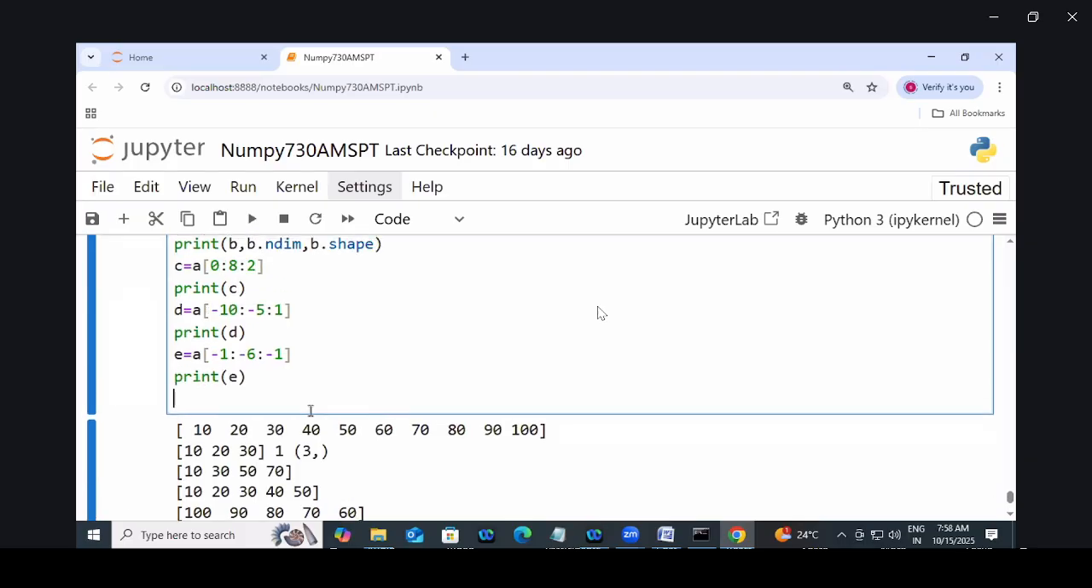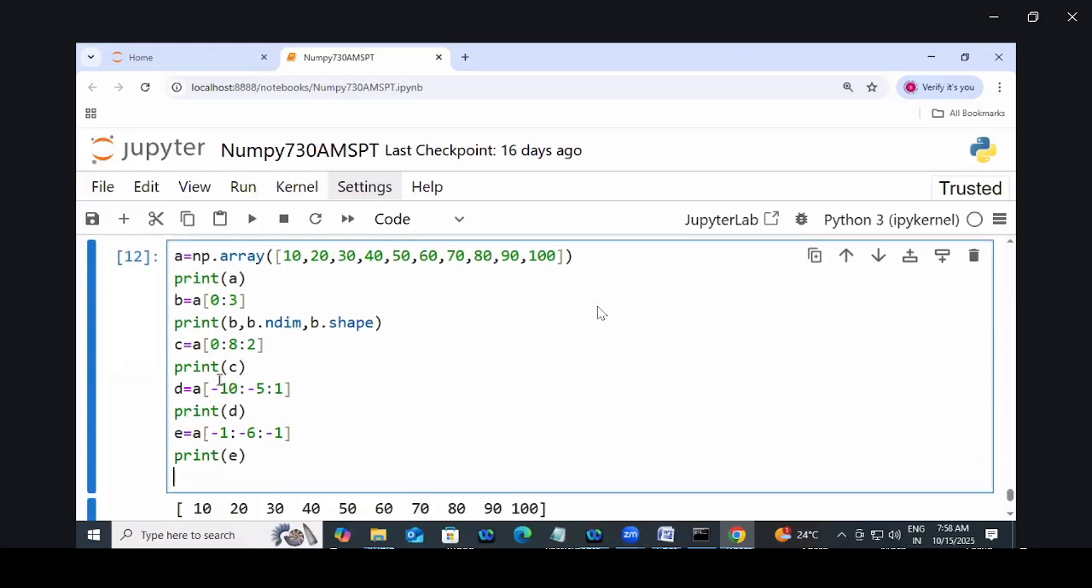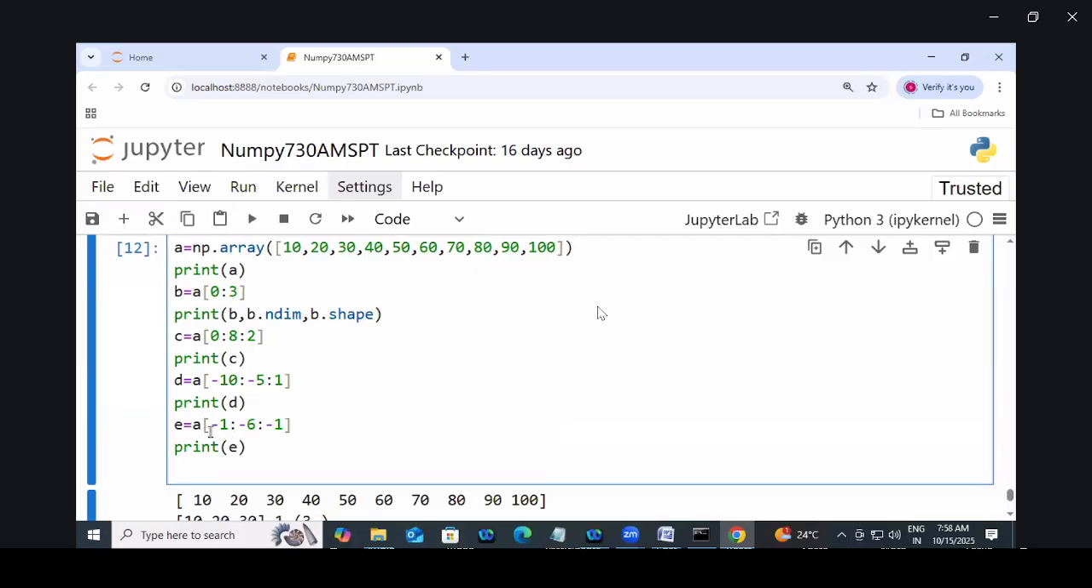The syntax of this indexing and slicing is the same, but when it comes to NumPy, you have advanced indexing and advanced slicing, right? Then this is E. Now you can write with a positive index, you can write with a negative index. If I'm writing F equal to A of